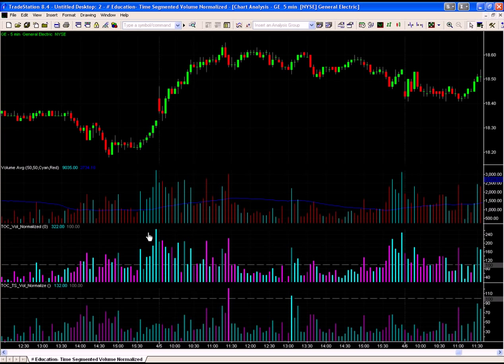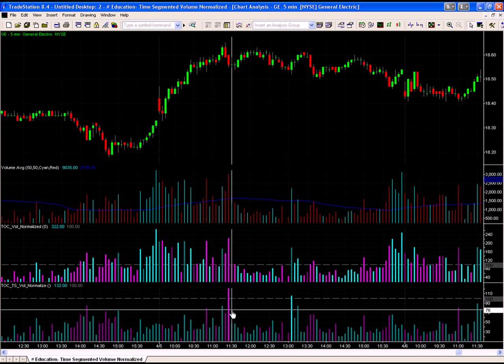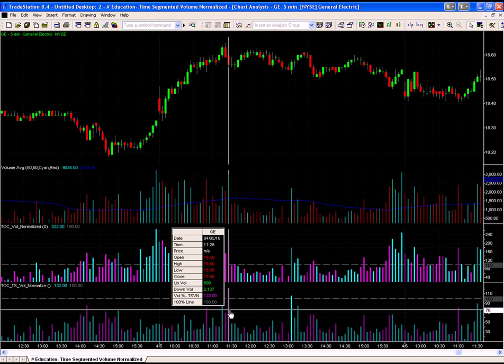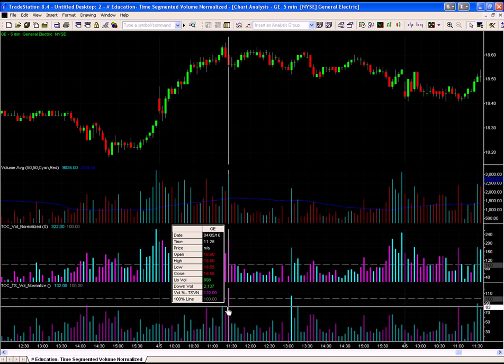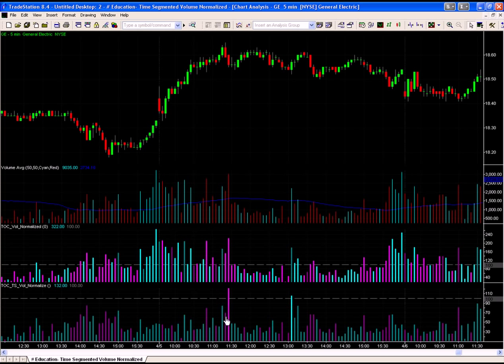Now you get to look below this and see, oh, we had a very low volume in General Electric on the open of that day. There was like nothing there until we had kind of a blow-off volume. We had kind of a change in direction from the upward move to the short volume that occurred here with a big volume spike being 122% of normal volume for that time, specifically being 11:25. Then it kind of went back into low volume,